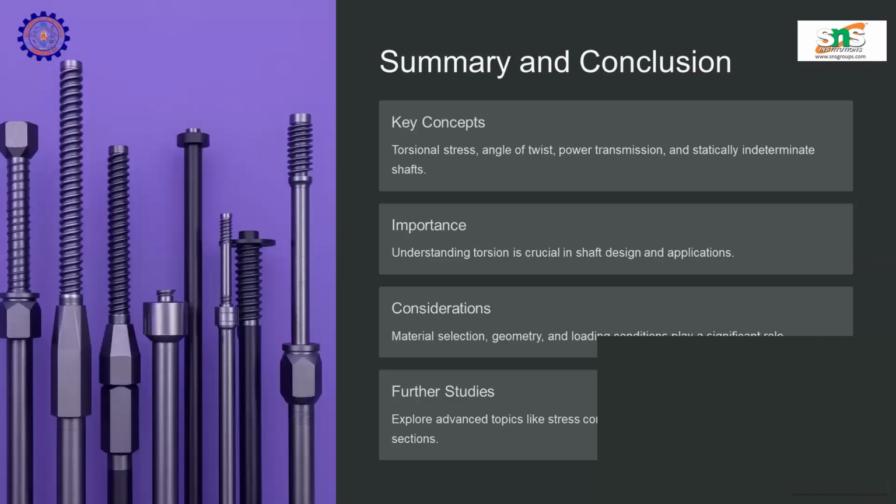And summary and conclusions: we have torsional stresses, angle of twist, power transmission, and statically indeterminate shafts. These are the things we have discussed. And the importance is understanding torsion is crucial in shaft design and applications. Material selection, geometry, and loading conditions play a significant role. Explore advanced topics like stress concentration, fatigue, and non-circular cross-sections. So these are all the things in the